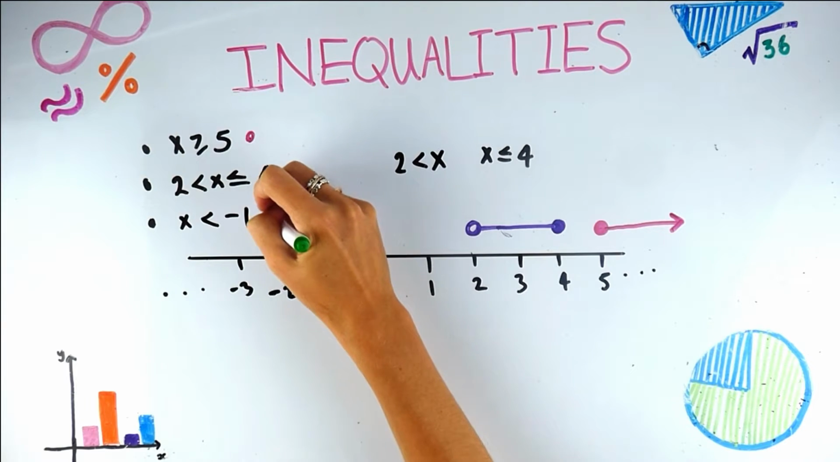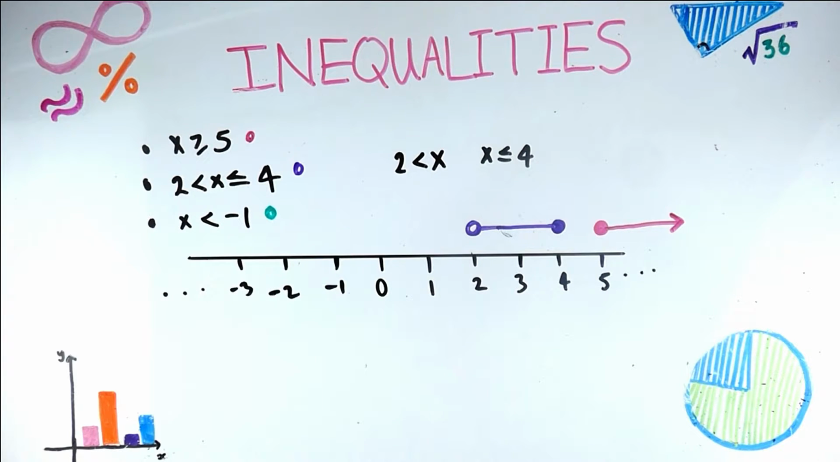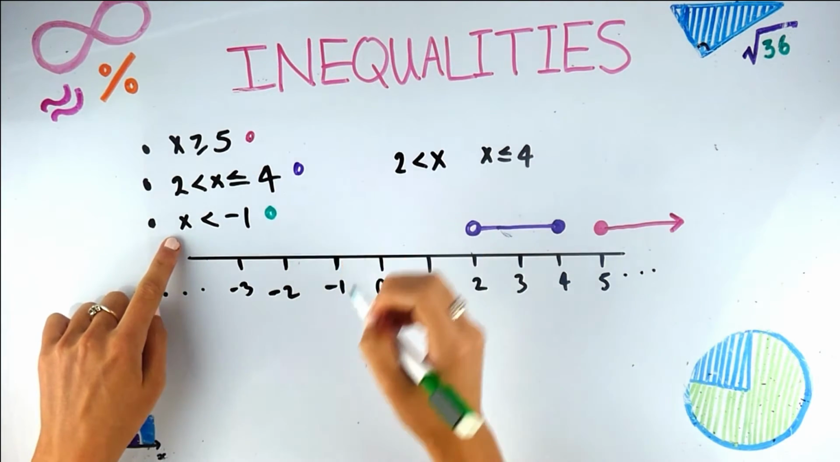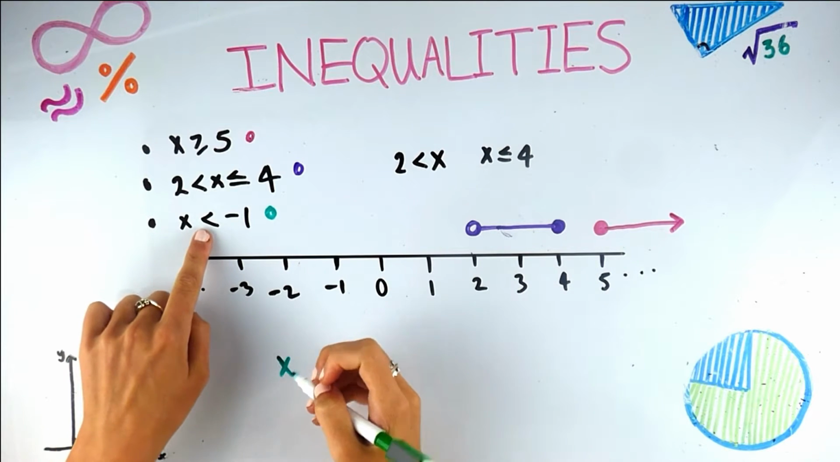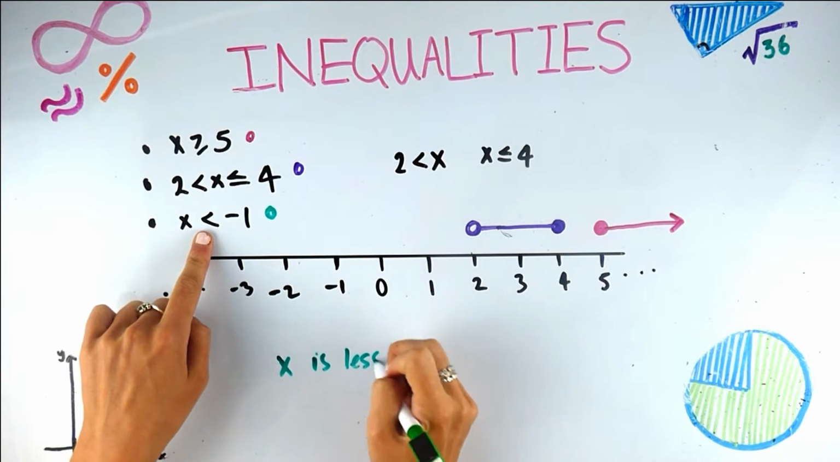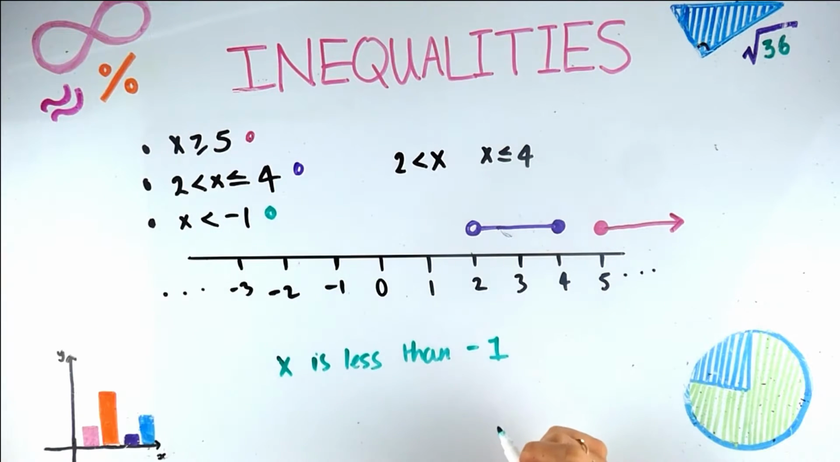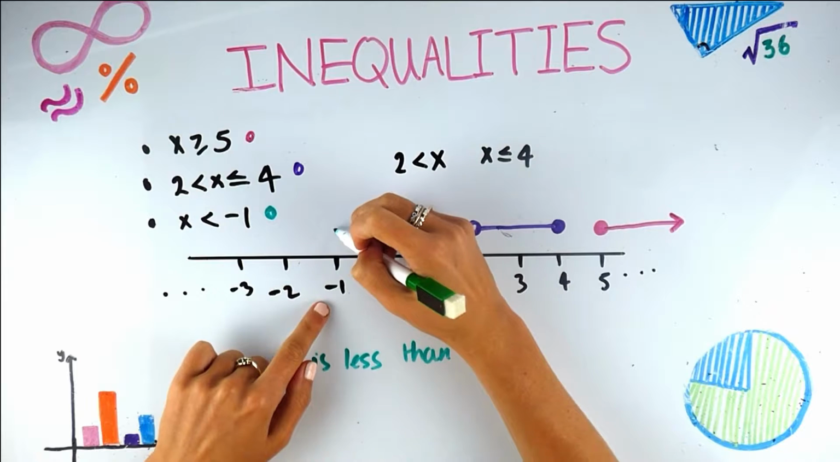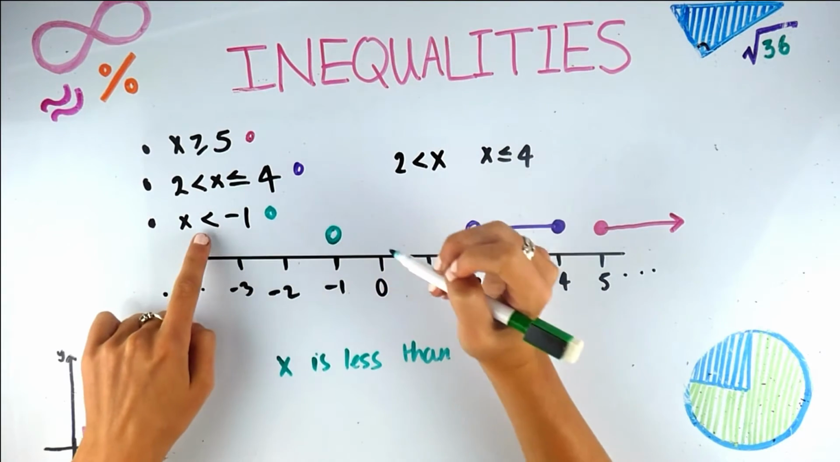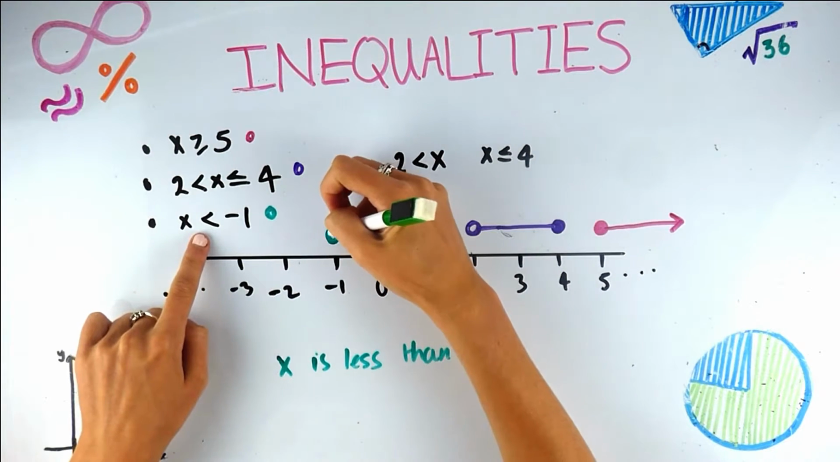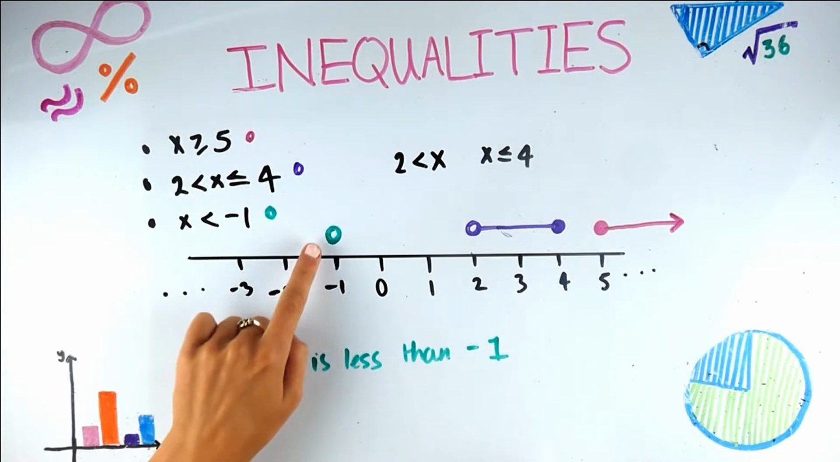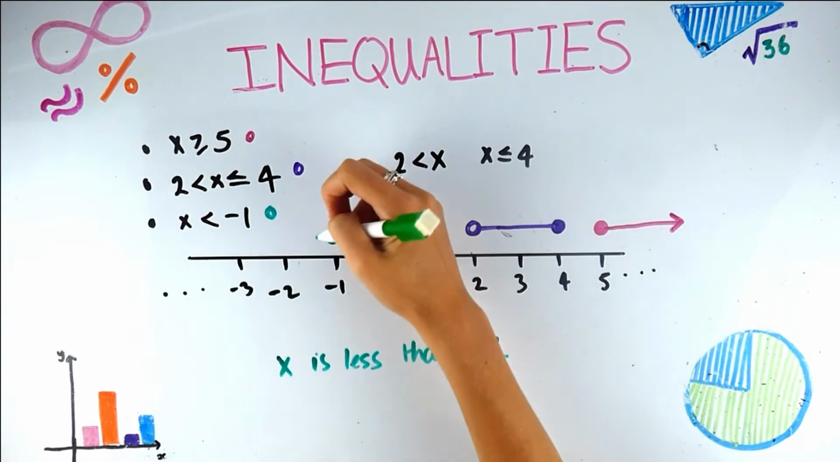Okay, so for this one, doing in green, in English this is saying that x, and then it's on the small side, is less than minus 1. So let's go to minus 1 on our number line. Let's draw a circle. We can't fill it in because it's not equal to, so it can't actually take the value minus 1. So we leave it empty, and it's less than, so we're going to go this way,